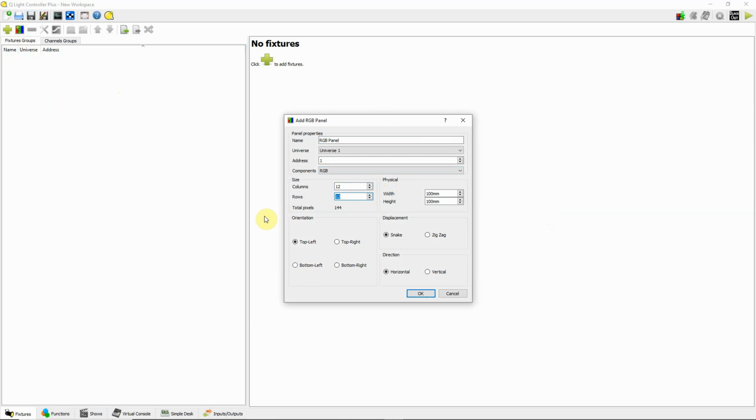So 144 total pixels. If you can imagine, your television screen, if it's high definition, has 720 by 1080, so it has thousands of pixels on there. We're just talking about, in this case, a square panel that has a total of 144 different pixels or lights